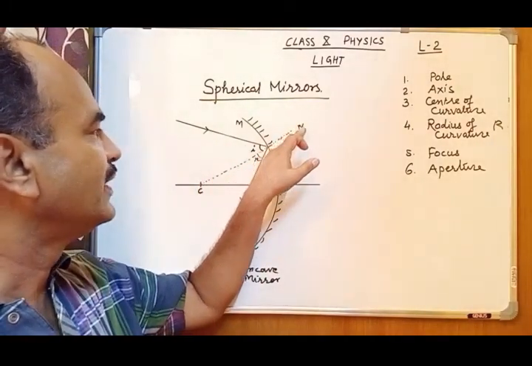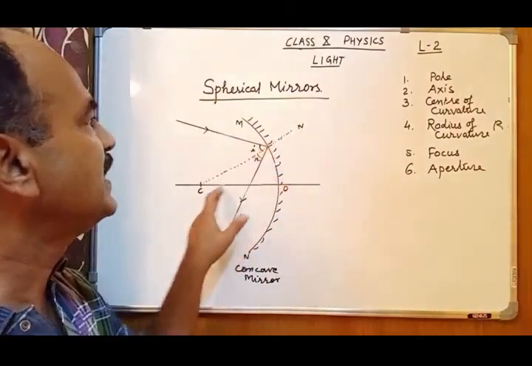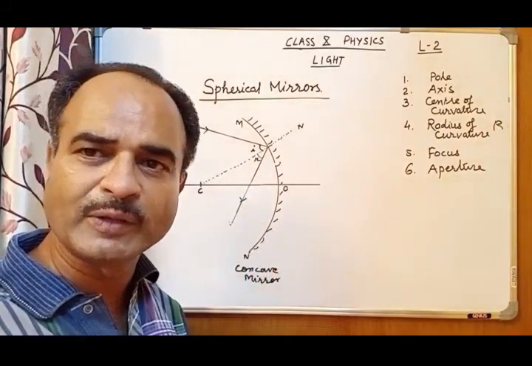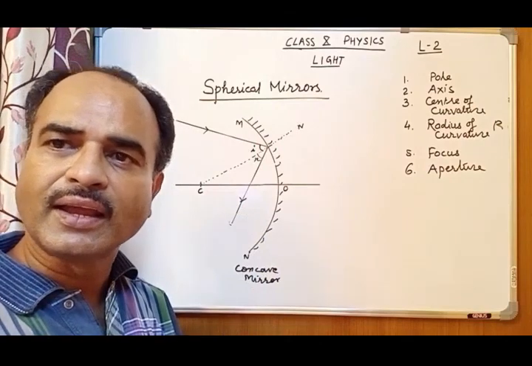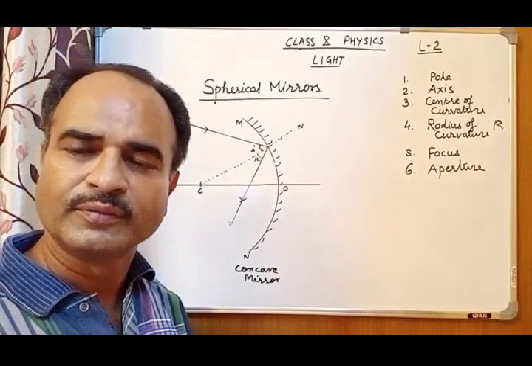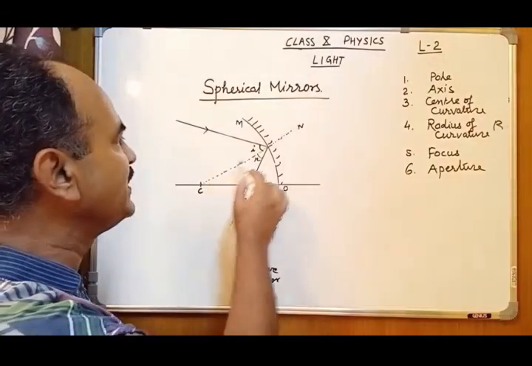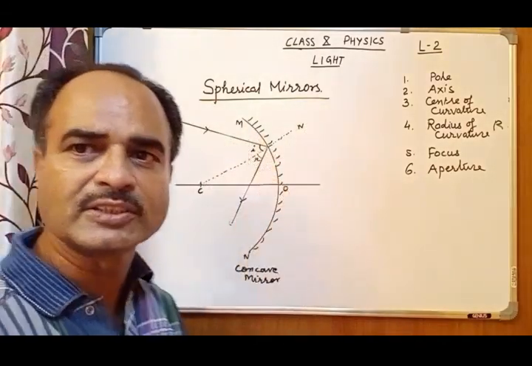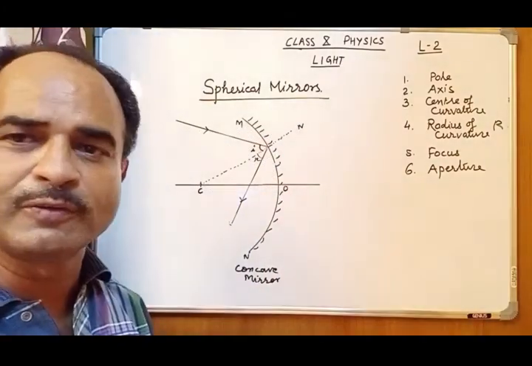Its normal, let us see, this CN is the normal to this surface. Why is it normal? You must have studied in your mathematics that any radius in a circle is always perpendicular to its circumference. This is part of a circle, and this CN is one of the radii, so it is going to be the perpendicular only. So you must be very much clear.